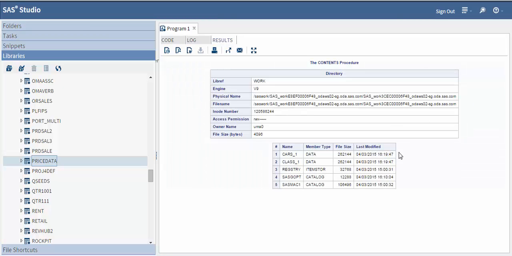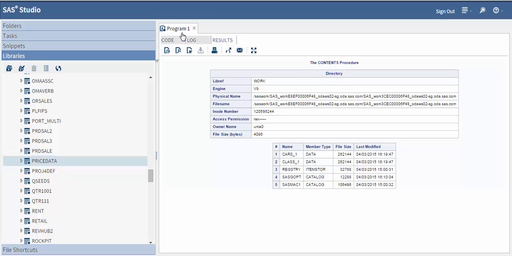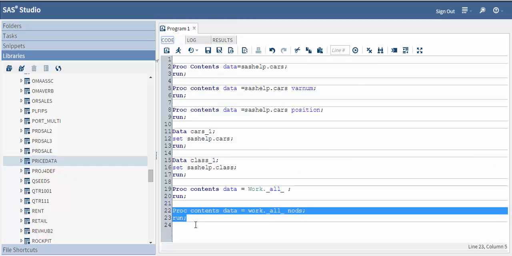Yeah. So if you see here, we don't have the detailed report of the contents procedure. We just have the overall view of the number of files that are there along with the directory details. Got it? So that's how we do. So now let's see